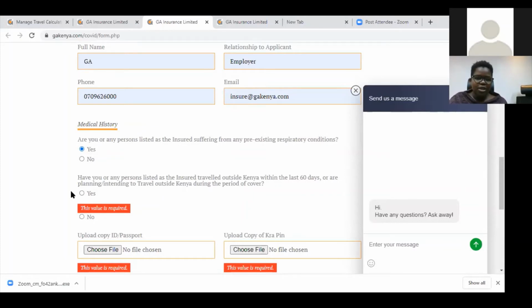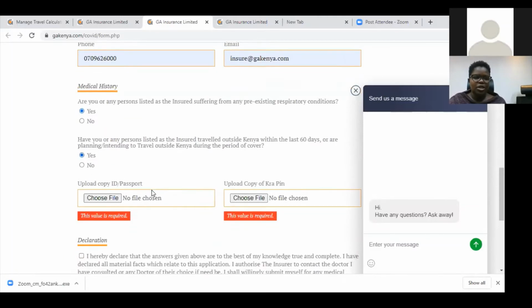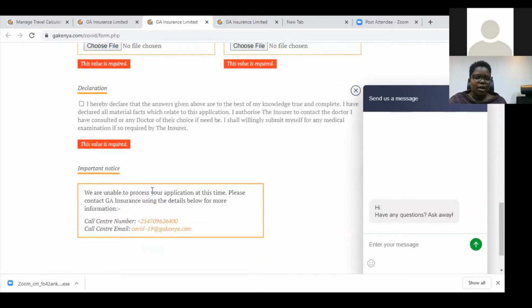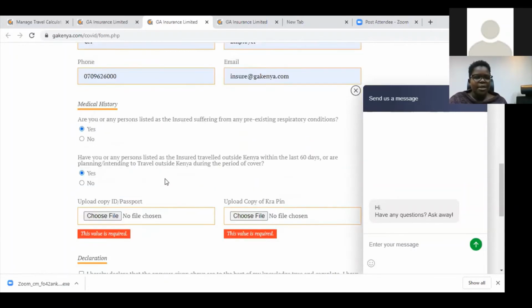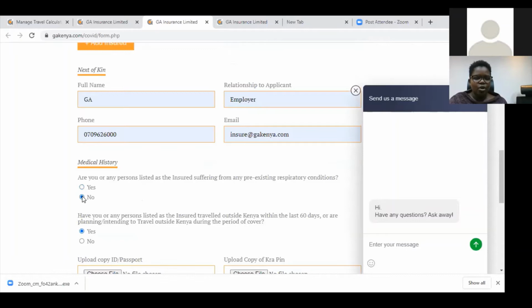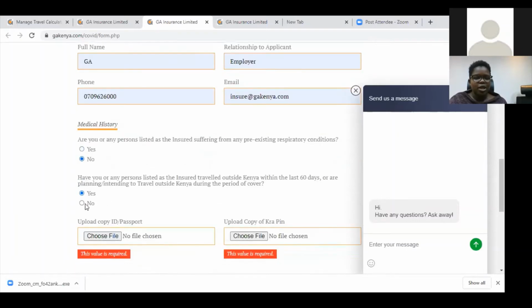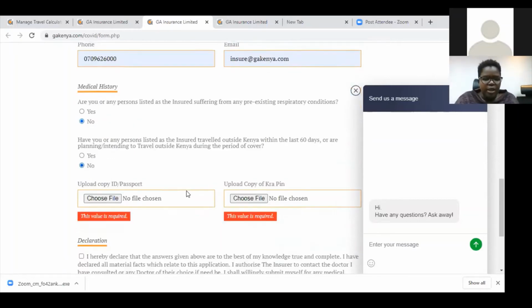So when you say yes, automatically it will take you to a notice where it tells you that we are not able to process your application at this time. Please contact your insurance using the details below for more information. But if you say no, like you admitted that you do not have pre-existing respiratory conditions and you're not intended to travel or you have not traveled for the last 6 days, then it will allow you to proceed. And then upon that point now, you'll be allowed to